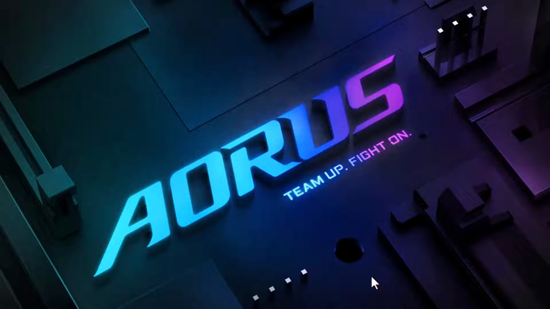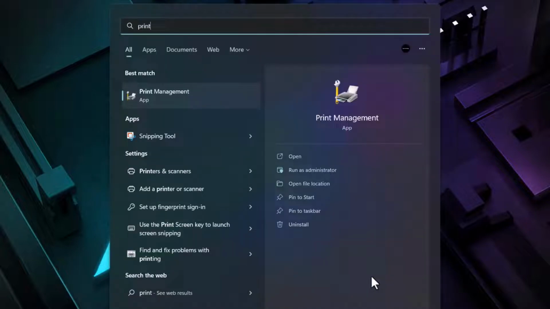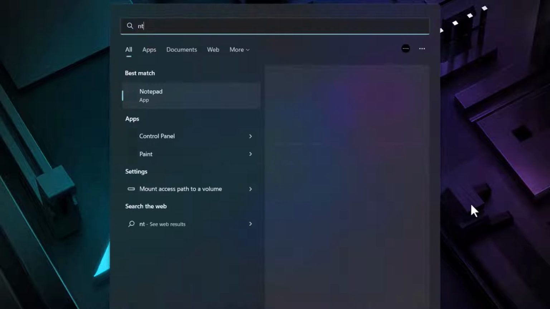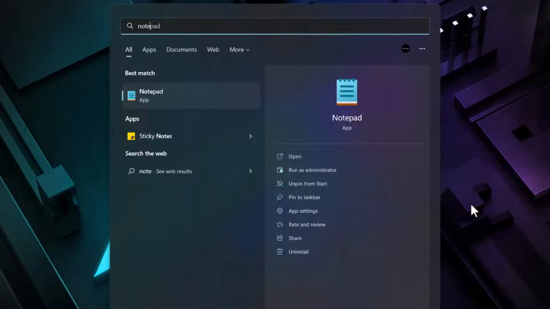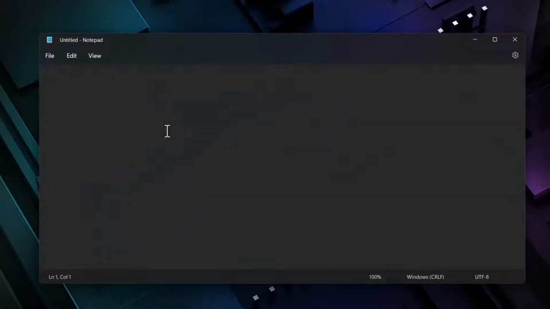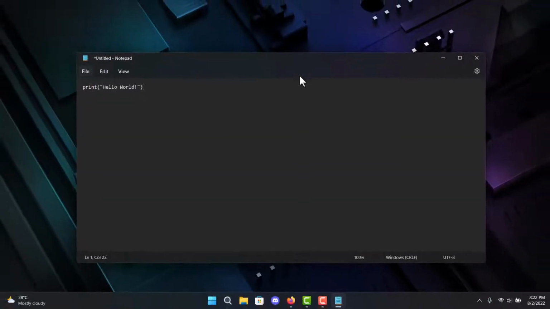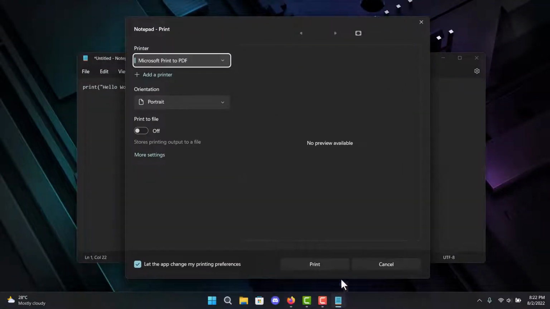Now let's move on to print queue. Now you can just open up print queue directly in the Start menu. You need to open up an app like Notepad. Then I will just type in something. It's a Python script, by the way. Let me just say hello. Hello world. Then if I select File, we got the new print queue application redesigned to the Windows 11 style